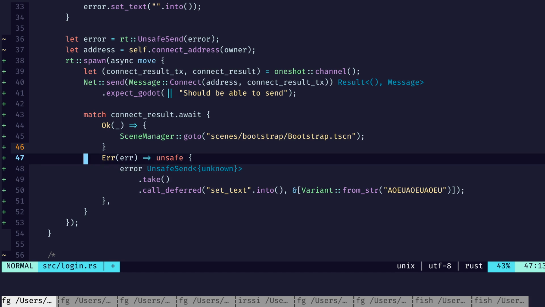All right, so if we can't do it this way, is there a way for us to actually get back on the main thread, or is this kind of a fool's errand? Because we built this up in order to be able to spawn these things. We did that. We got the unsafe send. Now we got the error take and whatnot. But if that's not going to work,